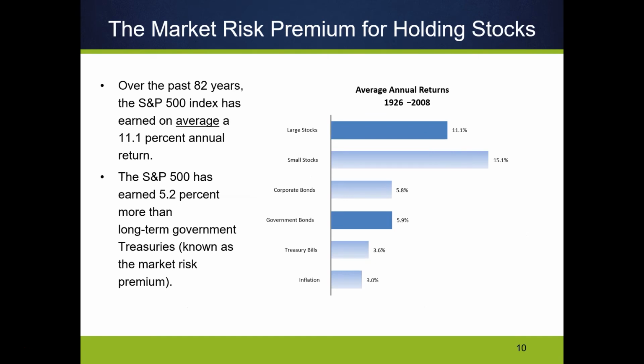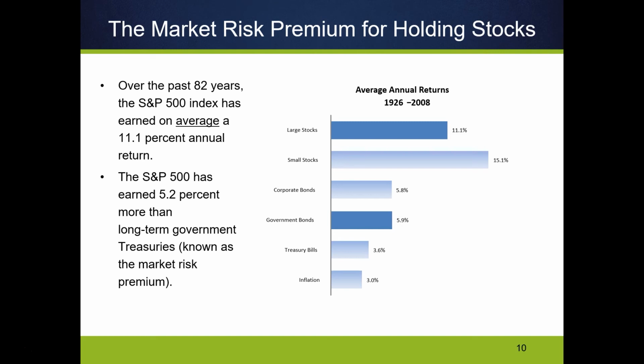And so here's what that looks like. Right? Over the past 82 years, the S&P 500, again, this is a relatively broad market index, but there are other larger indexes. There's the Morgan Stanley Capital Index that I think has like 1,500 stocks in it. There's a Russell 2000 index, and then again, personally, you can just take the average return across every stock in the stock market, because computers can do that really easily.